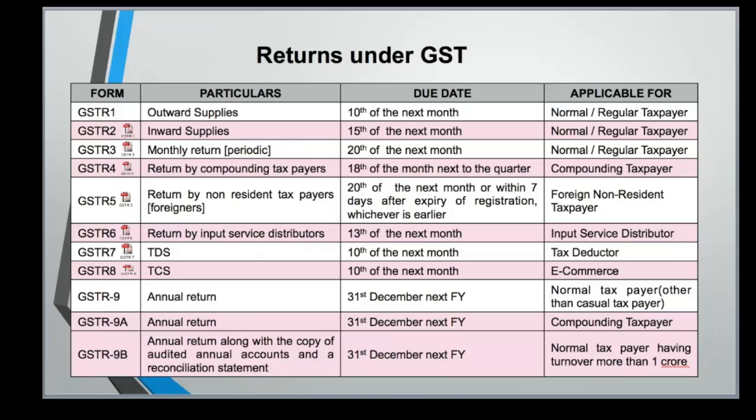Mr. Faisal Ahmed has a question. Sir, we are purchasing paints but we are not selling them; we are consuming them on sheets and selling the sheets. Can we take credit? Sir, very well you can take the credit, because for credit you have to see Section 16 and 17. Section 17 subsection 5 is a block credit section which says these credits you cannot take.